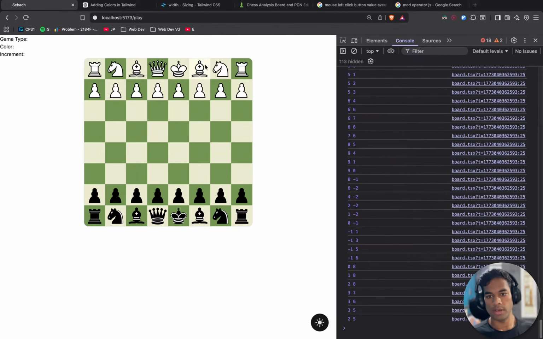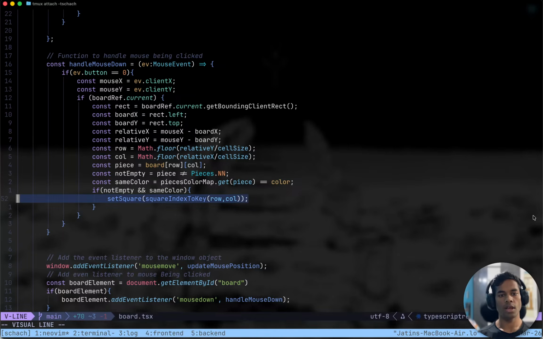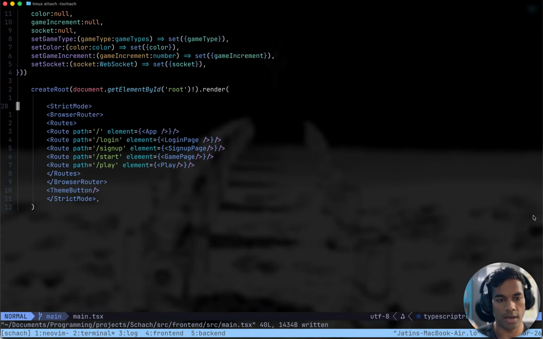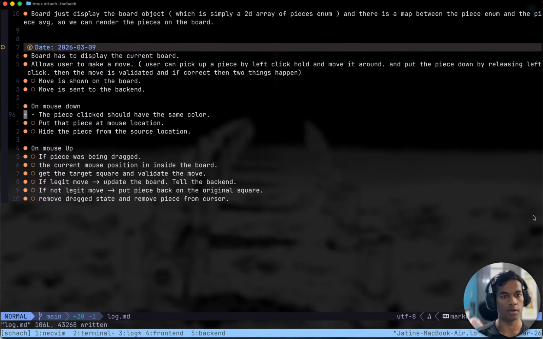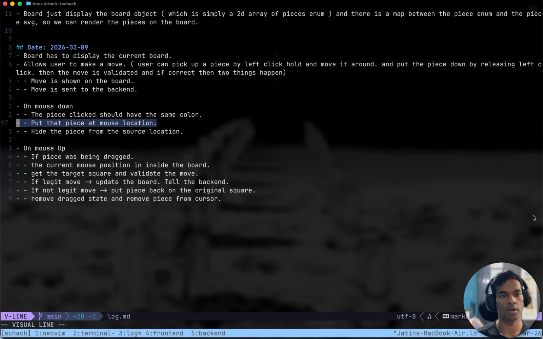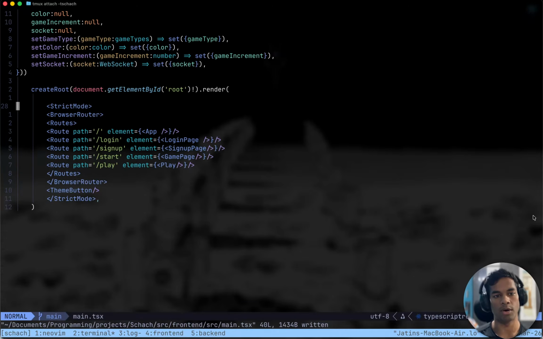We are seeing negative numbers now, which is cool, if not empty. What we have to do is put the piece down here, piece clicked should have the same color. Put that piece at mouse location.